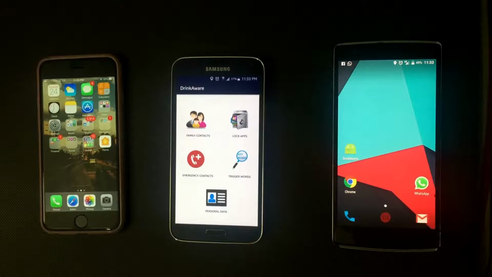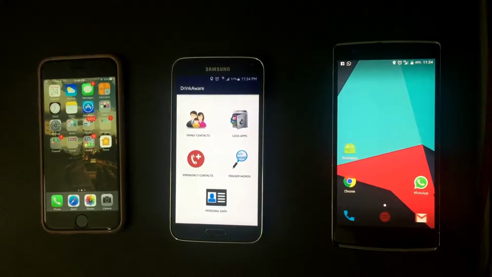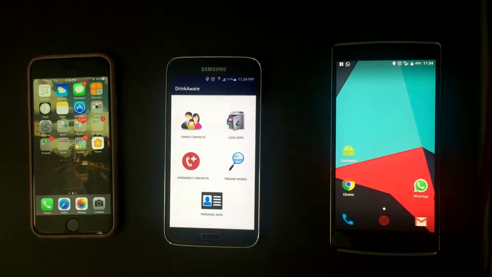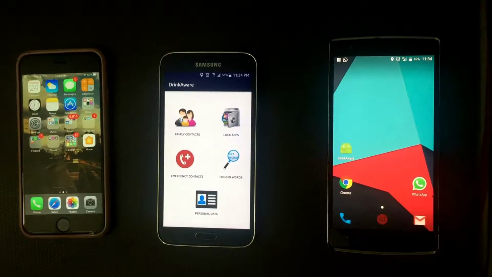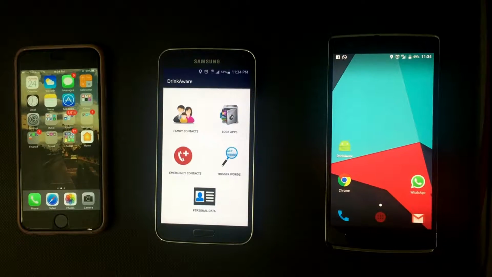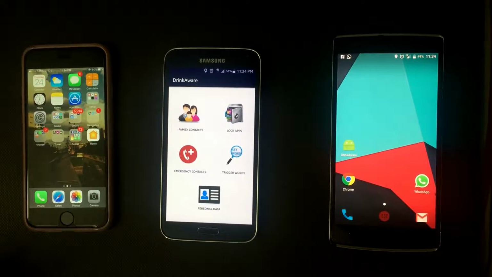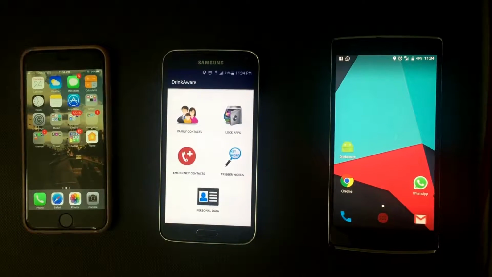In this home screen, we help the user save information regarding his family. We help him save information regarding his emergency contacts, certain trigger words which come in handy if a person is in trouble and his close friend is trying to reach him. We later make use of trigger words by reading the person's messages and doing semantic analysis on them by identifying if a person is in trouble or not.